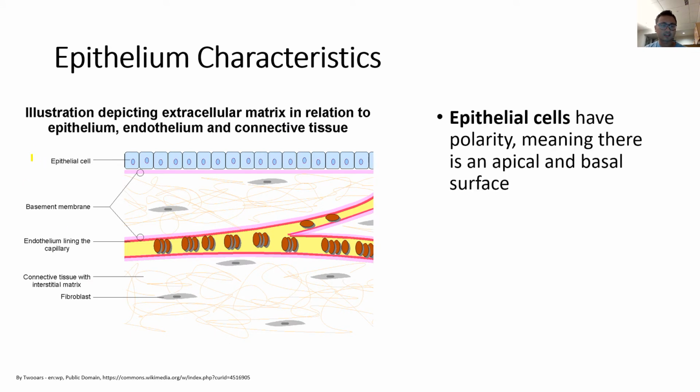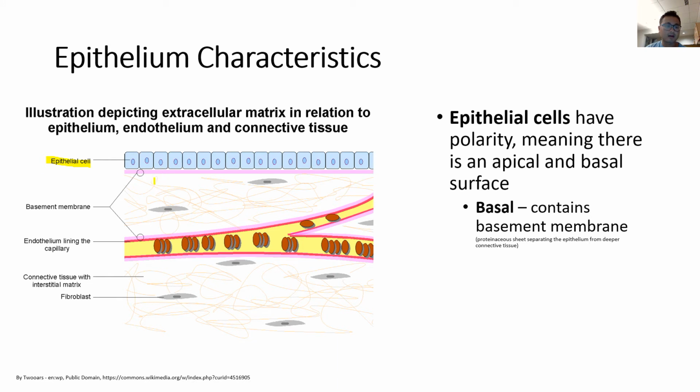Next, let's discuss the characteristics of epithelium. Epithelial cells have polarity, meaning that there is both an apical and a basal surface. So this pink line right here is called the basement membrane, and this is a proteinaceous sheet which separates the epithelium from the connective tissue, which is deep to the